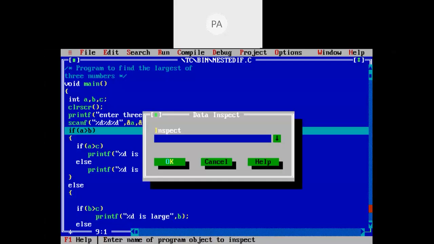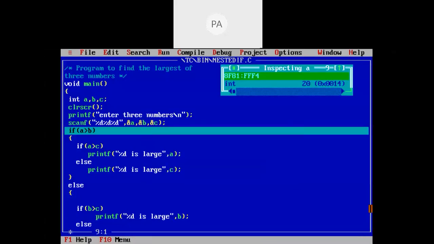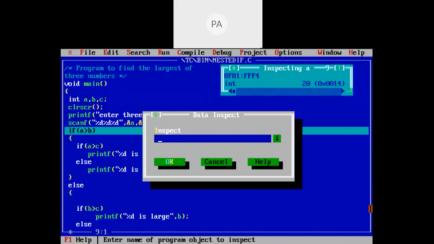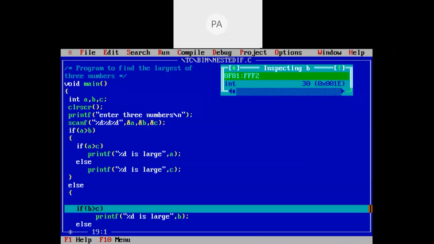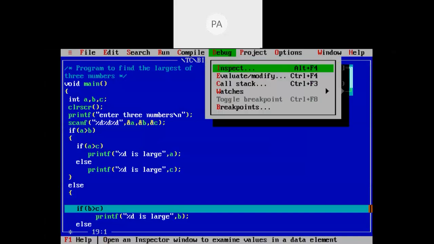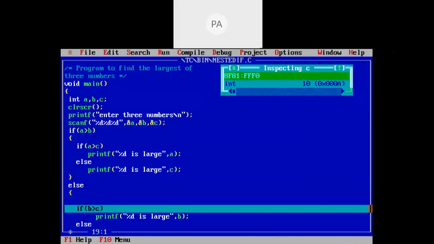So test the values. A value is 20, B value is 30. So 20 greater than 30 is false. So it will go here. Now you check B and C values. B value is 30, C value is 10. 30 greater than 10 is true. So the printf which follows immediately after B greater than C will be executed here.